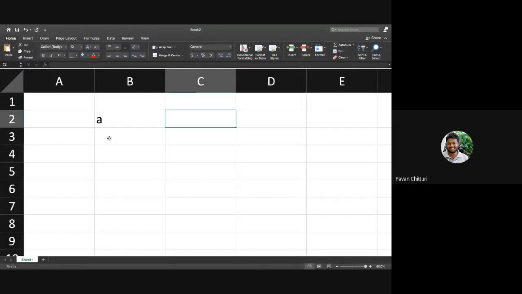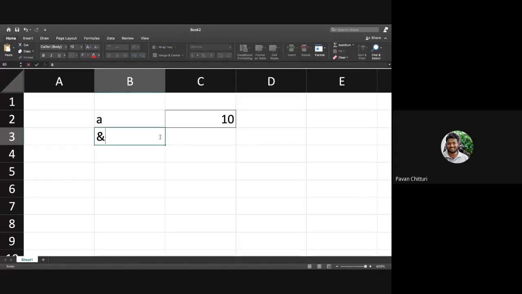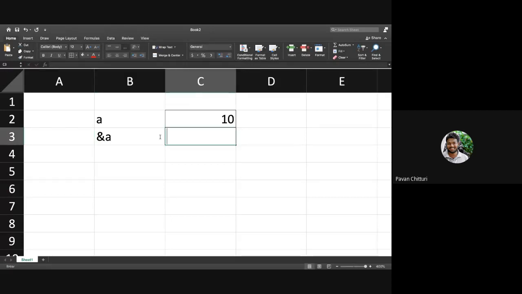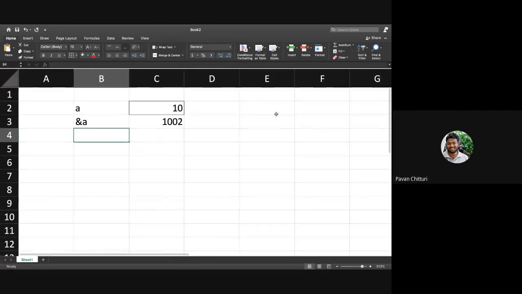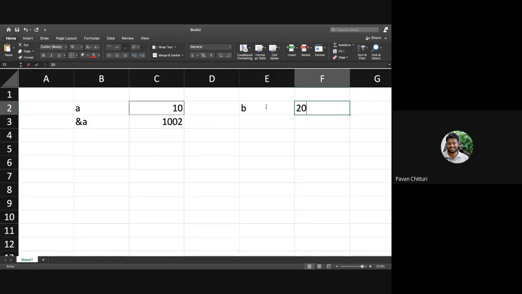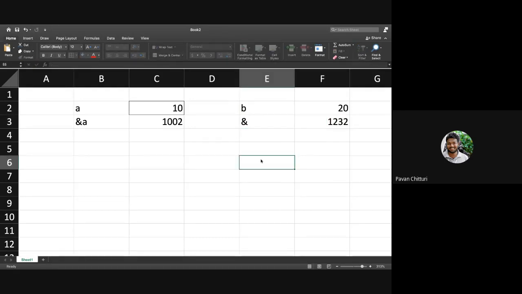A is a variable, and we all know A is a variable and the value is 10, and the address of A is, sorry, 1002. Let us say 1002. There is another variable called B, the value residing is 20, and the address of this variable is something like this.